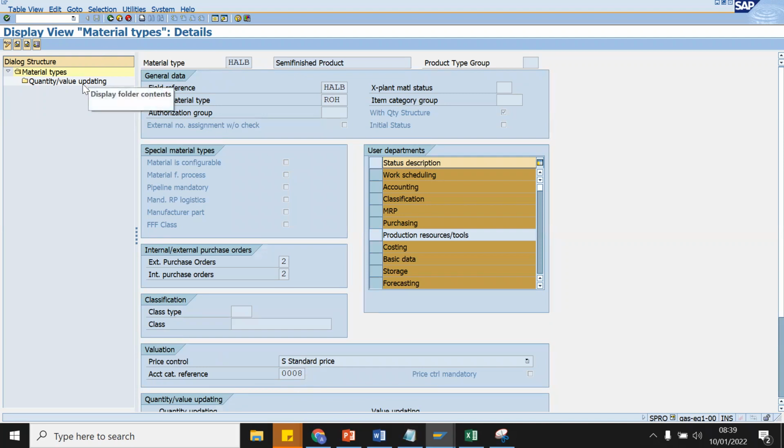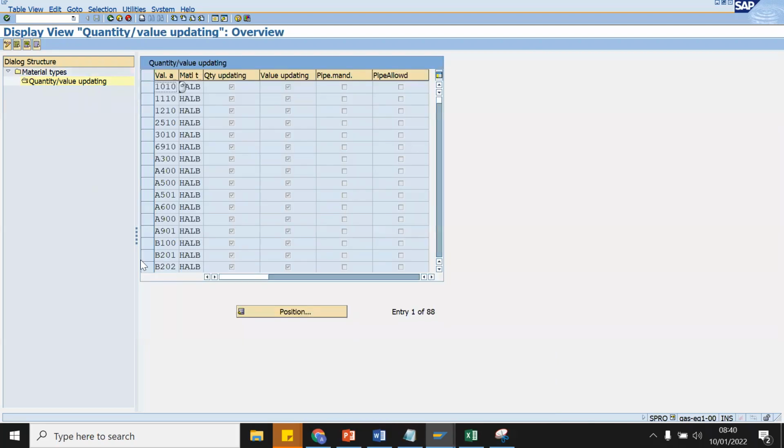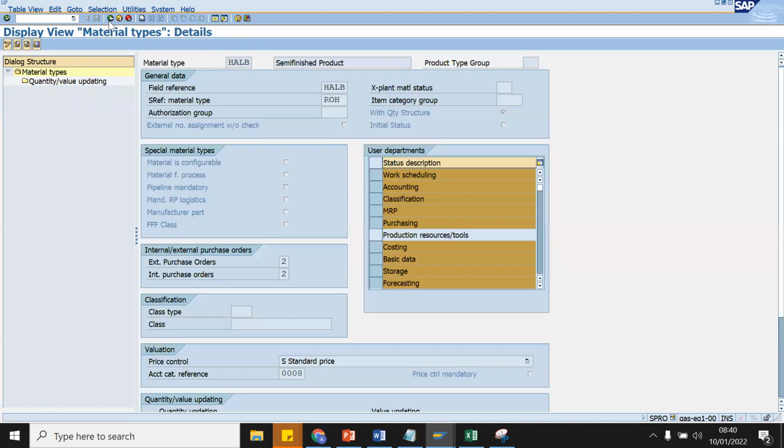One more thing to remember is that when you do inventory posting and value updating for the plant with regard to the material type, that has to be ticked in both quantity updating as well as value updating. This is what we provide in the configuration when we create a fresh material type. On the basis of this, we create a material.